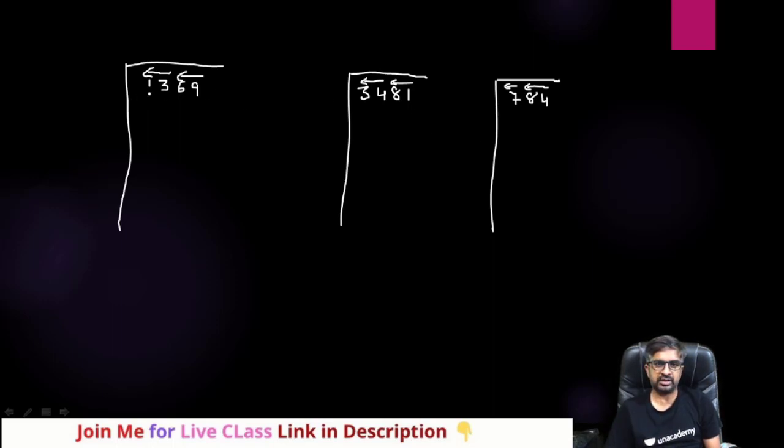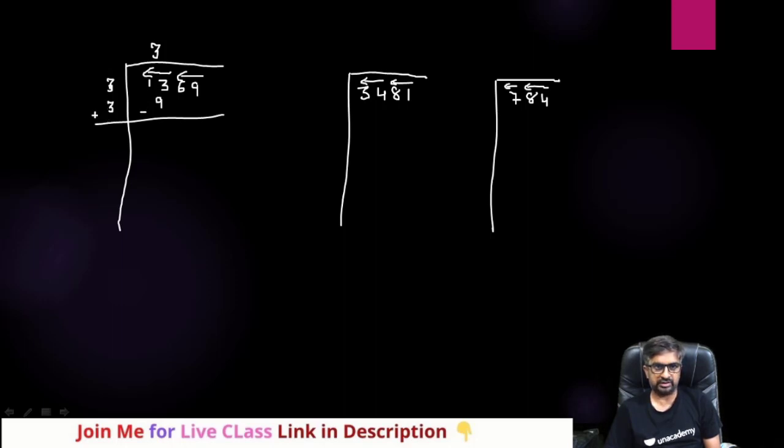Now the second thing you need to do is look at perfect square numbers: 1 one is 1, 2 twos are 4, 3 threes are 9, 4 fours are 16. 4 fours are 16 is greater than this, so we have to take 3 threes are 9. If you take 4 fours are 16, that number will be greater. So we take 3 threes are 9, and in the quotient you also keep the term you have taken.